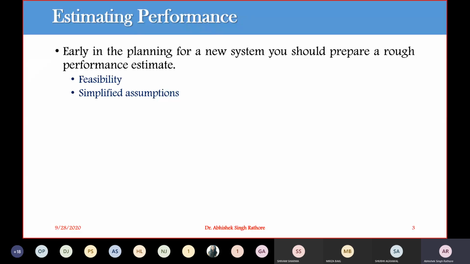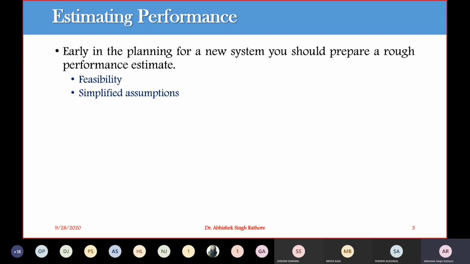So the first step for system design is to go for the performance issues, and you have to estimate your performance. We are not going into that much detail, but we just approximate all those things. Let's say I need this amount of data for a particular customer, who takes about 1 or 2 minutes.